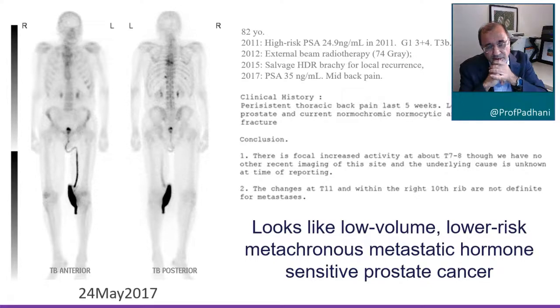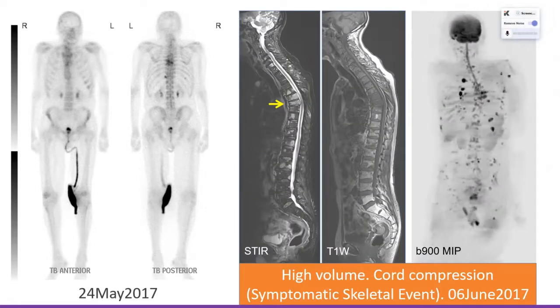So here's a man who looks like he's got low volume, low risk metachronous prostate cancer. You can see that he presented in 2011, had external beam radiotherapy, and many years later he develops a rising PSA, has mid-back pain. But if you look at this image, it looks like low volume disease, but you are suspicious that there is something going on here because he's got back pain. That doesn't necessarily explain his back pain. And in fact, when we did